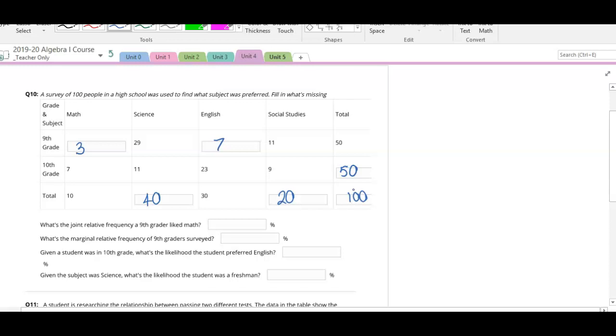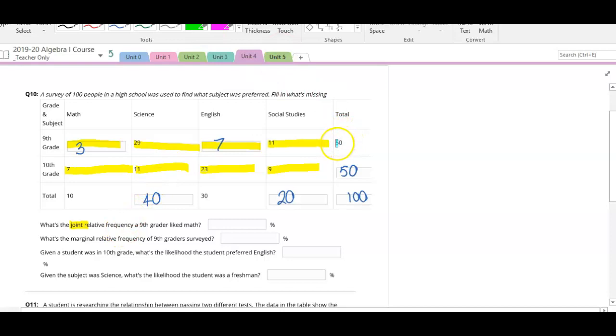The joint relative frequency a 9th grader liked math. Okay, so what is the probability that a 9th grader liked math? Well, the first thing we need to talk about is what joint means. In our two-way frequency table, math meets 9th grade, that's a joint frequency. Science in 9th grade, English in 9th grade, social studies in 9th grade. All of these values here, where the different columns and rows intersect, are joint frequencies,